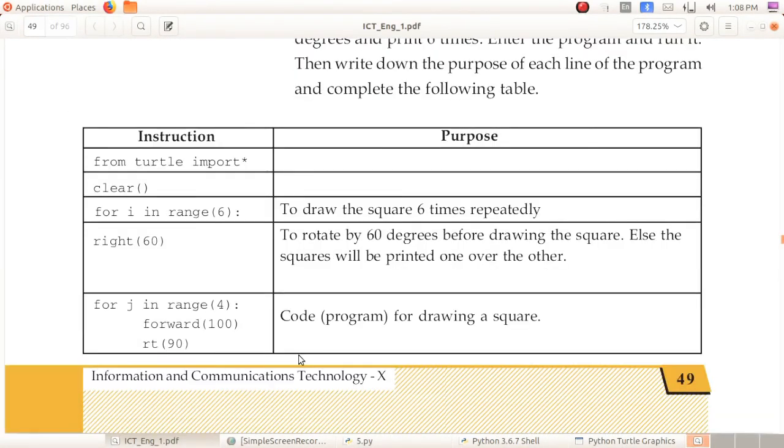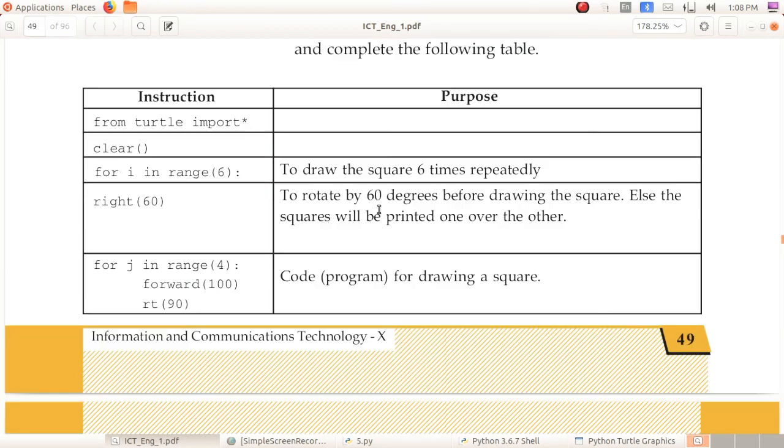Here is the table. You want to fill this. Instruction: from turtle import star. What is the purpose of that? Yes, it is used to work the graphic commands. Okay, then clear off. Then for I in range of 6, right of 60, and the code for drawing a square. You have to fill this table.